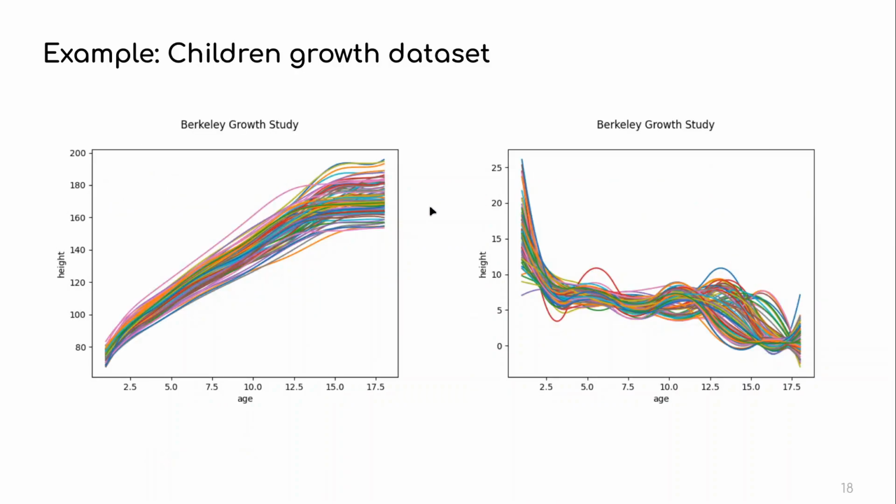Okay, another example. Back to the height of children dataset. I've already smoothed it using B-splines, and then I've taken the derivative of it. You might need some adjustments to say, is this a real pattern in my data, or just noise? But maybe it looks like they started growing quite a lot, and then maybe some of them had growth spurts, whatever. So this is pretty cool.